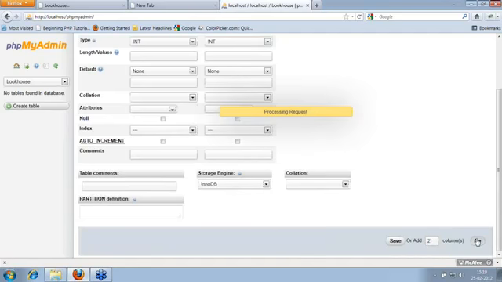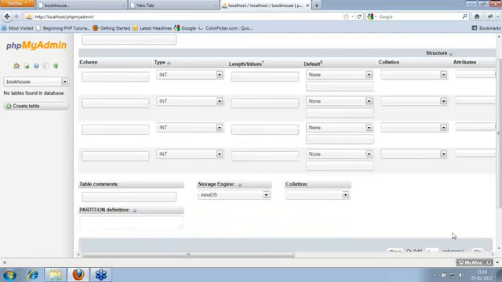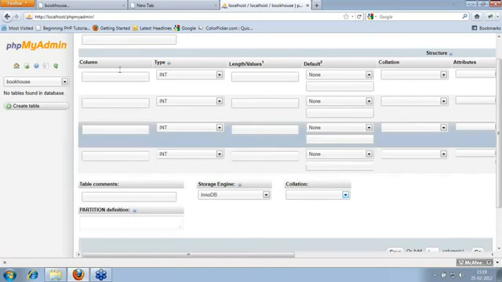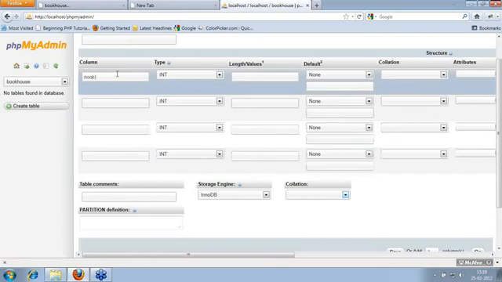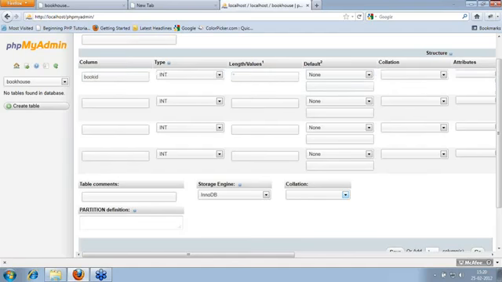One column is to store a unique identification key for my table. I can give it as book ID. Book ID, as the name says, could have any alphanumeric values, but I'll take it as integer here.